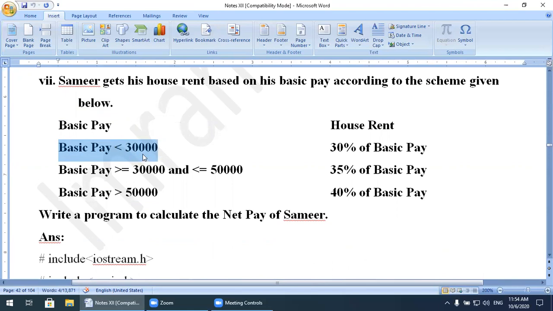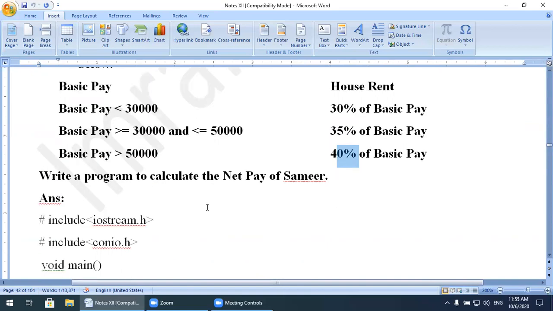If the basic pay is greater than 30,000 and less than 50,000, then the house rent should be 35% of the basic pay. If his basic pay is greater than 50,000, then the house rent is 40% of the basic pay. Write a program to calculate the net pay.